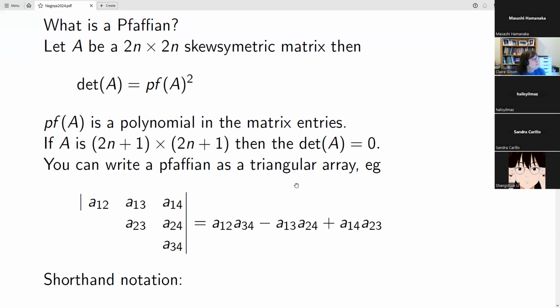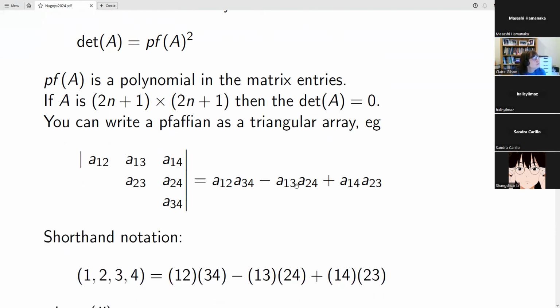Nice way to write your Pfaffians, just to get a sort of feel for them. So we'll talk about skew symmetric matrices. If you forget the bottom half of the matrix and write your Pfaffian as this nice triangle, you then get an expression. You can do an expansion like with a determinant. You get A12 times A32.